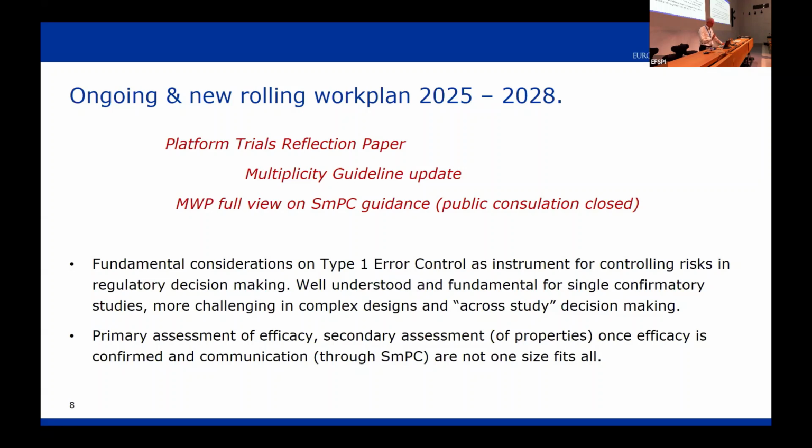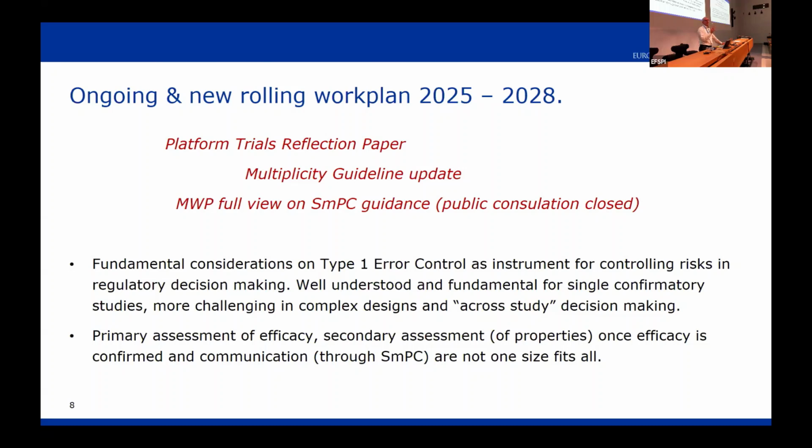It's not similar, but a little bit different, with the SmPC. There the principle of relevance and reliability holds, and it's very helpful, at least in my mind, to distinguish two things quite strictly: justifying the regulatory decision we made, which happens in the EPAR, and communication, the product characteristics, which is in the title of the SmPC. Those are also, in my view, statistically very different topics. If you want to frame it statistically, the first relies more on hypothesis testing. The second is an estimation exercise. That's not the same, and we should not confuse the two.